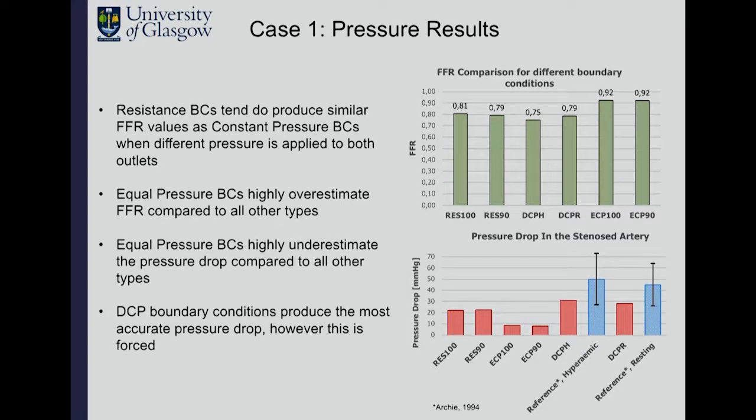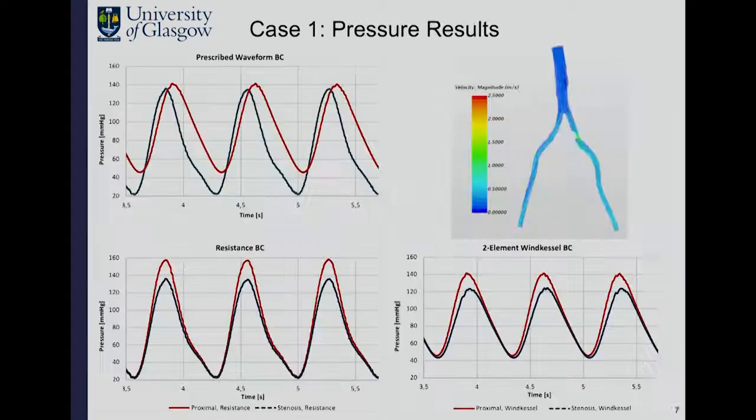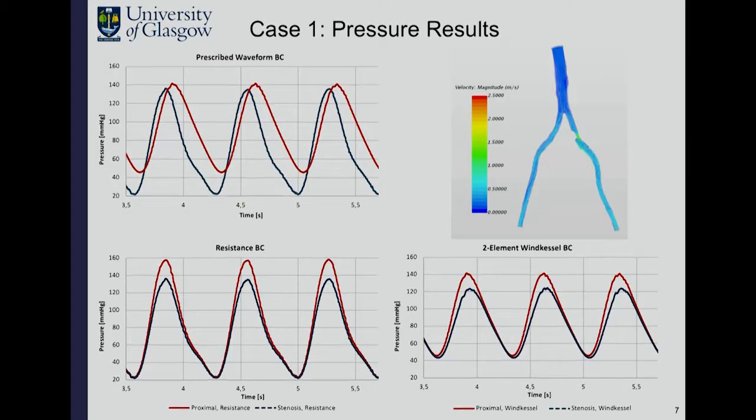If we want to translate that into a pulsatile case, the equivalent of prescribing constant pressure would be to prescribe a waveform at the outlet. The resistance boundary condition essentially remains the same, since that is dynamically calculated by taking the mass flow rate, and an extension to the resistance is the first order system, which is the two-element Windkessel model. We can see in this case that for the prescribed waveform, we get quite an unrealistic pressure drop,